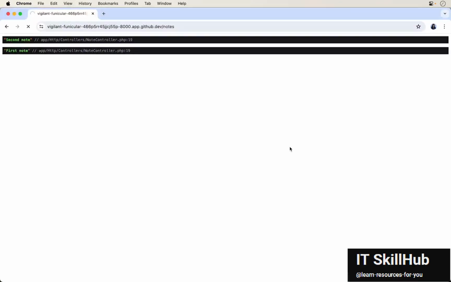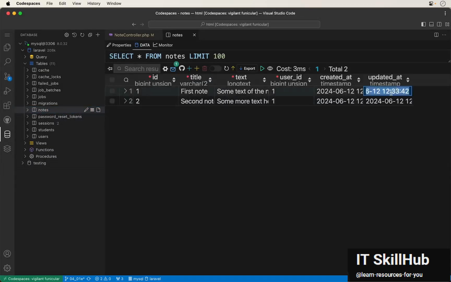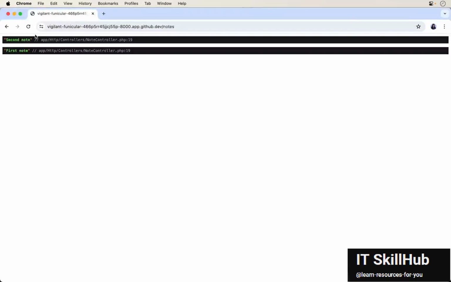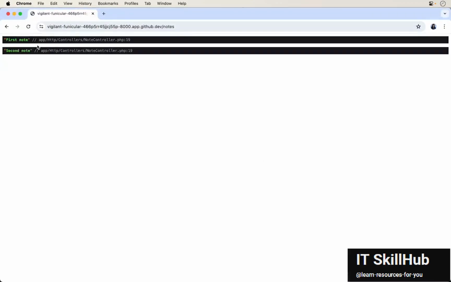And now if you refresh, now let's assume we make changes to the first note. Change the updated at column manually just to test what happens. Since this is 1235, let me make this a little more, like say 1237 or something, and commit the changes. And now if you refresh, you will still see the second note first and then the first note, because by default, this latest method gets the latest created and not the latest updated. But this can be changed by simply passing the updated_at value here. So now it sorts this data using this column. Alright, now if you refresh, you will see that the latest updated note appears first.